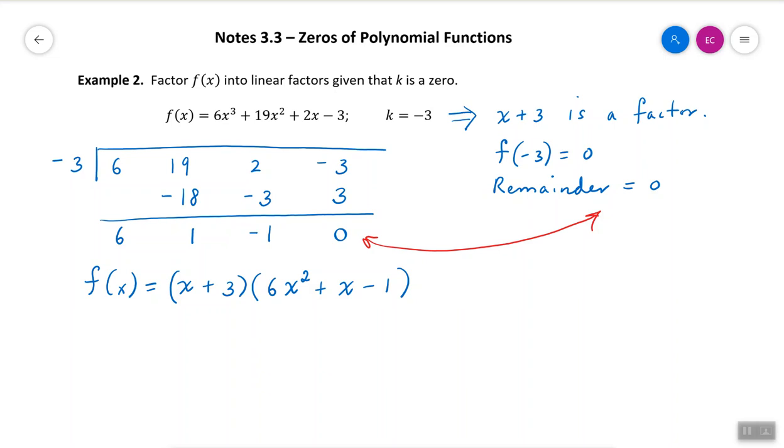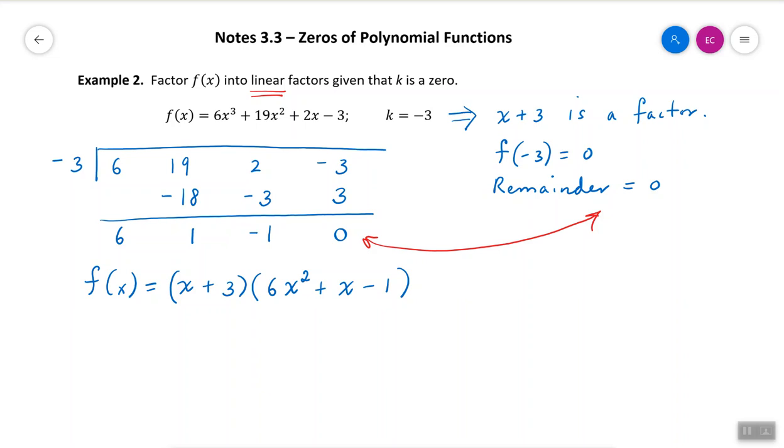We're not done yet. The problem says we need to find linear factors, and so linear means that the degree of the factor is 1. Here's x to the first here for x plus 3, but this is a quadratic factor. And so this quadratic needs to be factored into two linear factors. And so we can do that